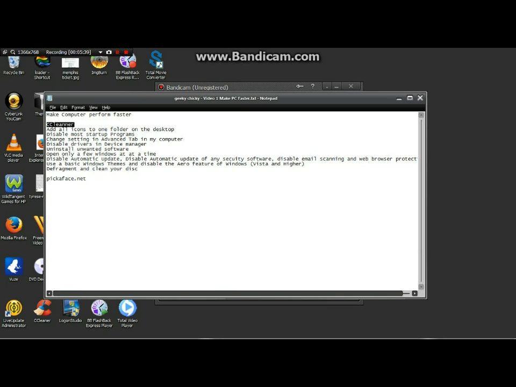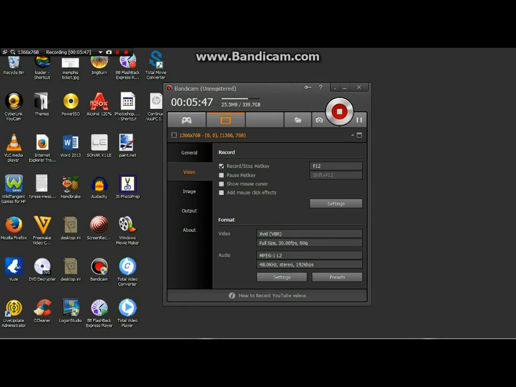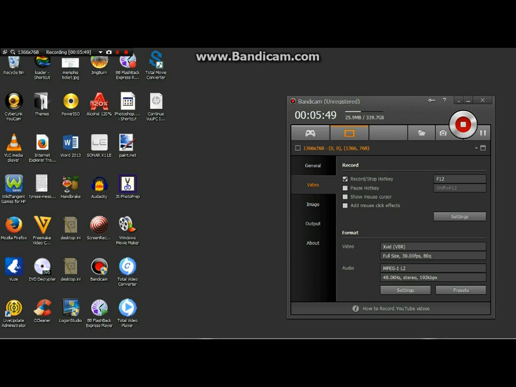Okay. So my next tip would be that you guys can clean up your desktop. What I mean by that is this right here. This whole thing right here is your desktop. If you need more RAM, if you need more free memory on your computer, what you could do is this: